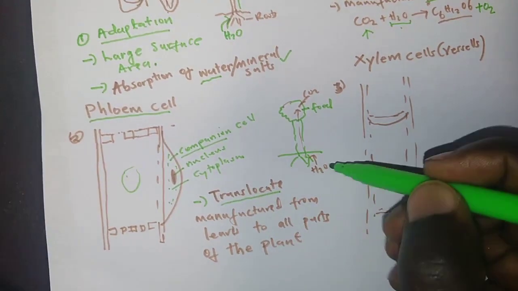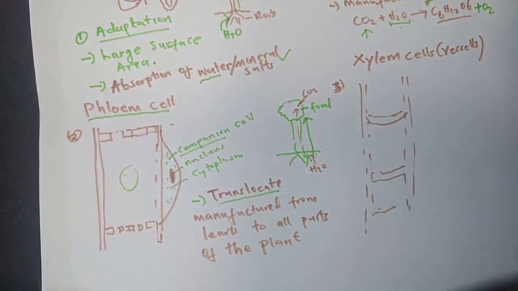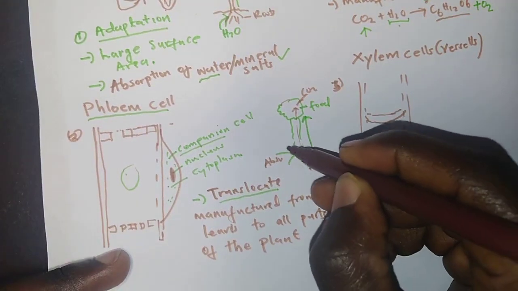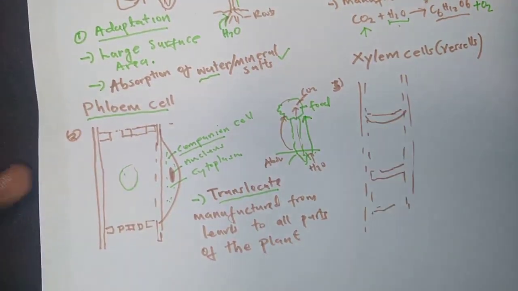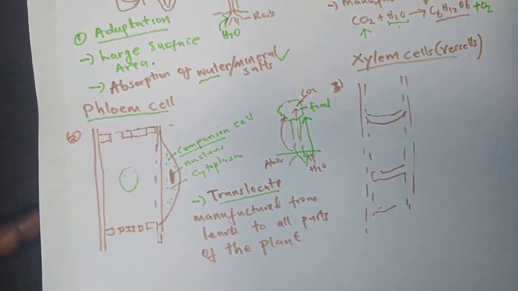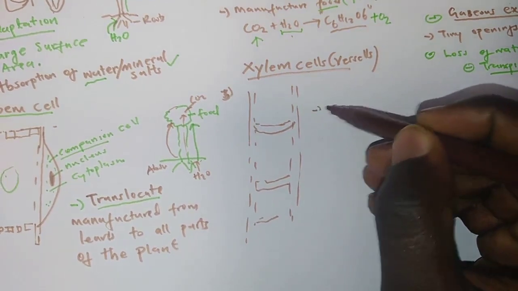Now, how does the water go up there? Since we said it's absorbed in the roots, where absorption takes place, how does the water go up to reach the Palisade cells in the leaves? We are taken back to another vessel called the xylem vessels, and these transport